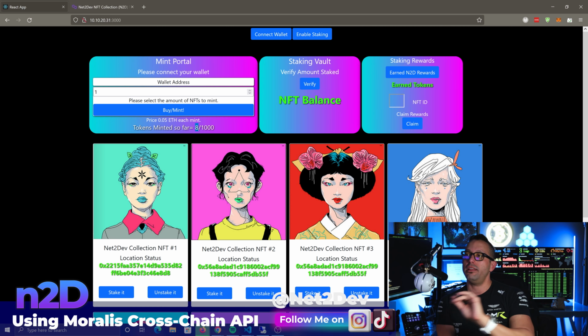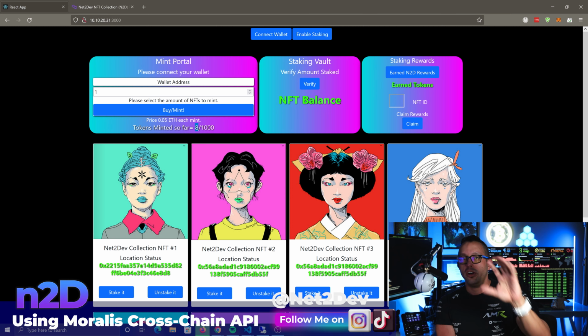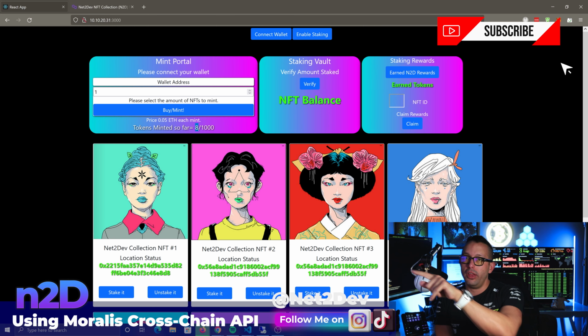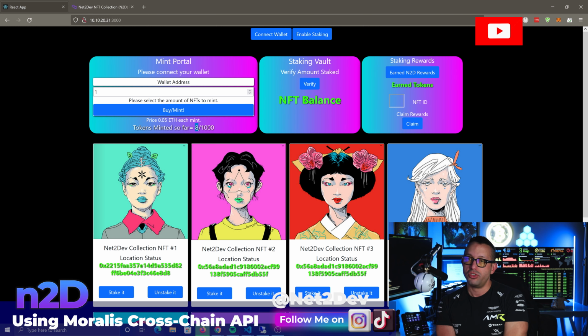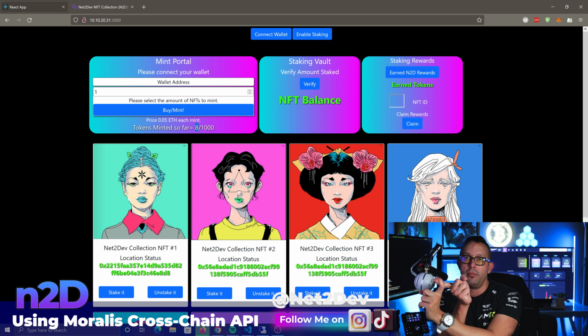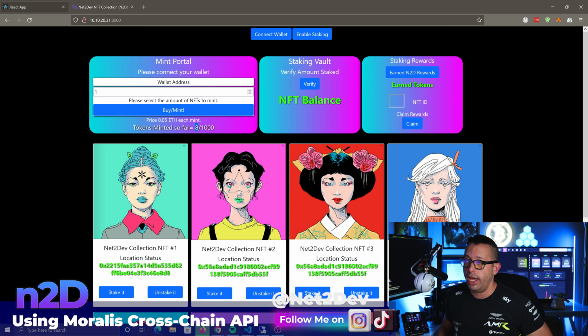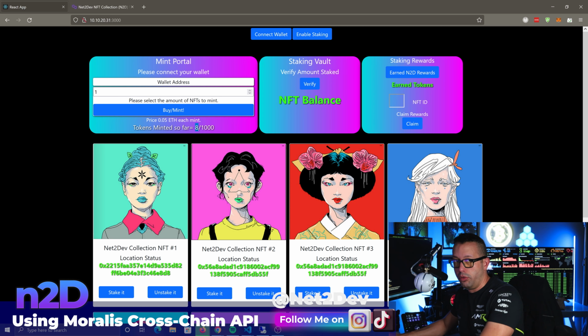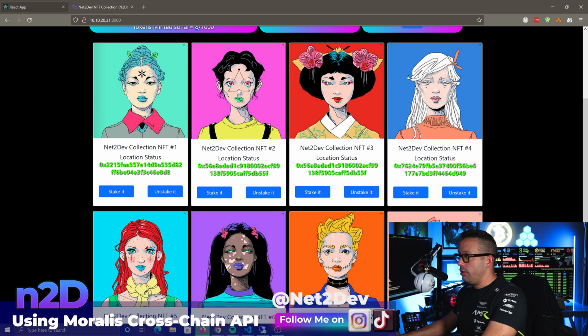We are not making any changes as far as the syntax in Axios to allow this to happen on Polygon. We just need to make sure that we change the API endpoint to point to Polygon Scan, in this case the Mumbai testnet Polygon API, and make sure that we have a key that we can use to perform the call. Okay, awesome. And we also have to open an account in Moralis and request an API key,